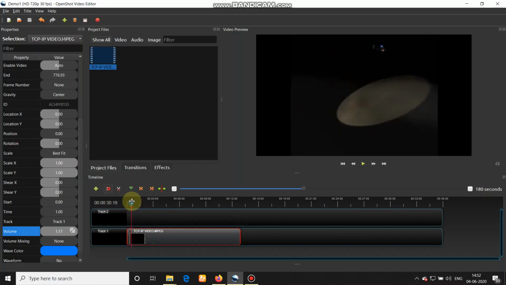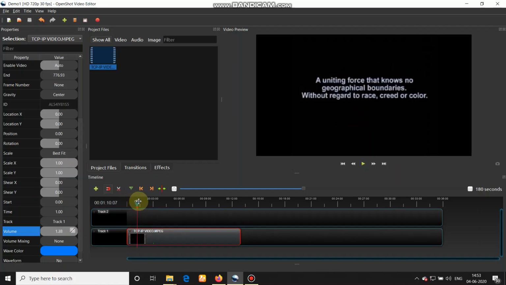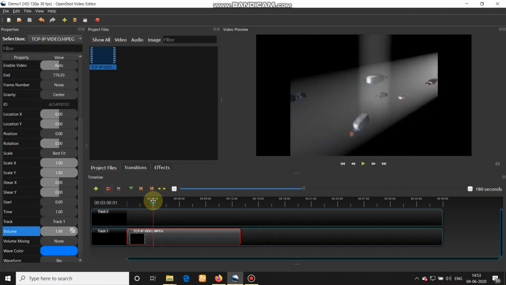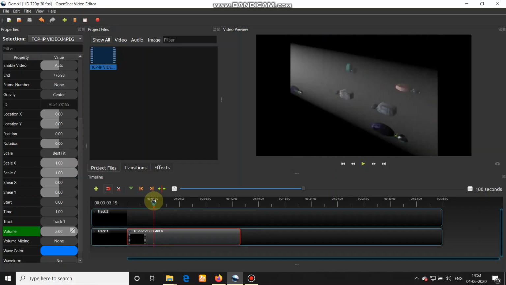If you move the slider from the starting of the clip to this portion, it is linearly increasing from 0 to 2. This thing we don't want. What I want is it should have a constant volume.